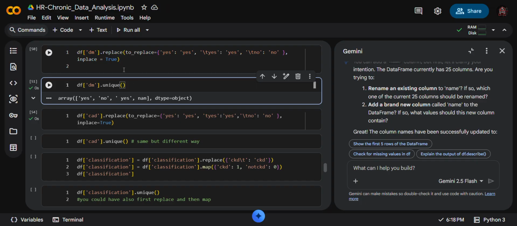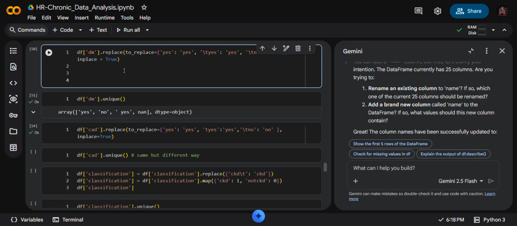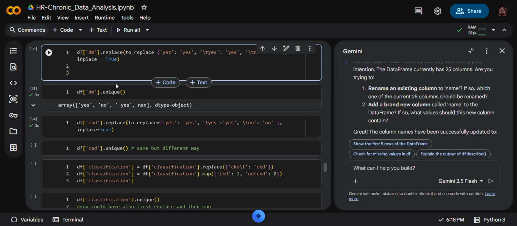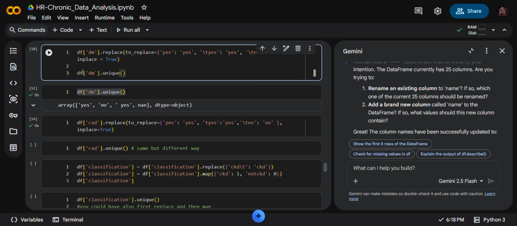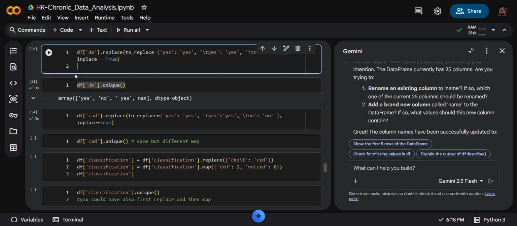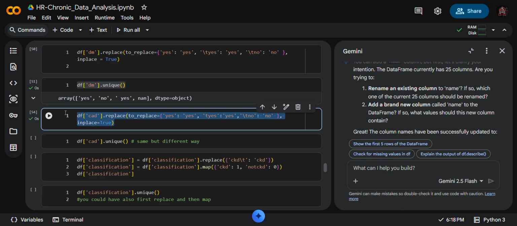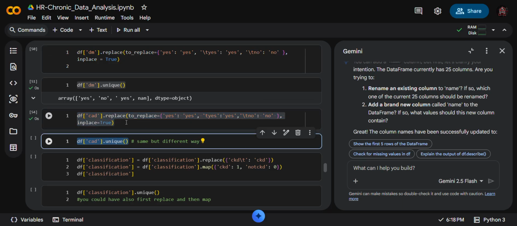But if you want the implementation execution command here, then you can put it like this to here and implement it. Okay, but we are not using this. So same as this, this is the implementation command and this is the execution command in another code cell.